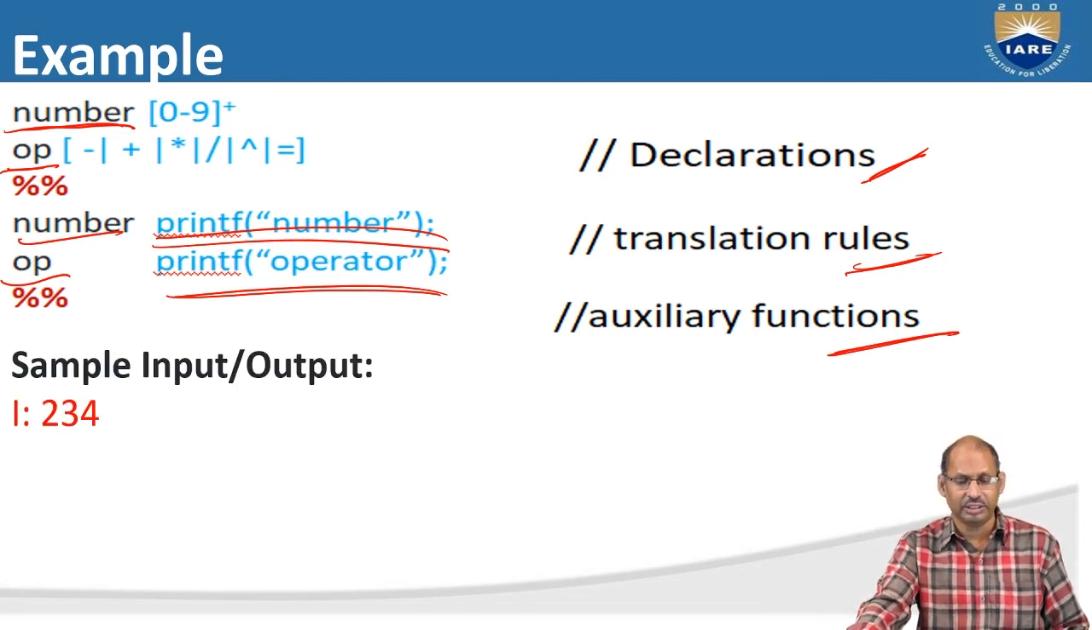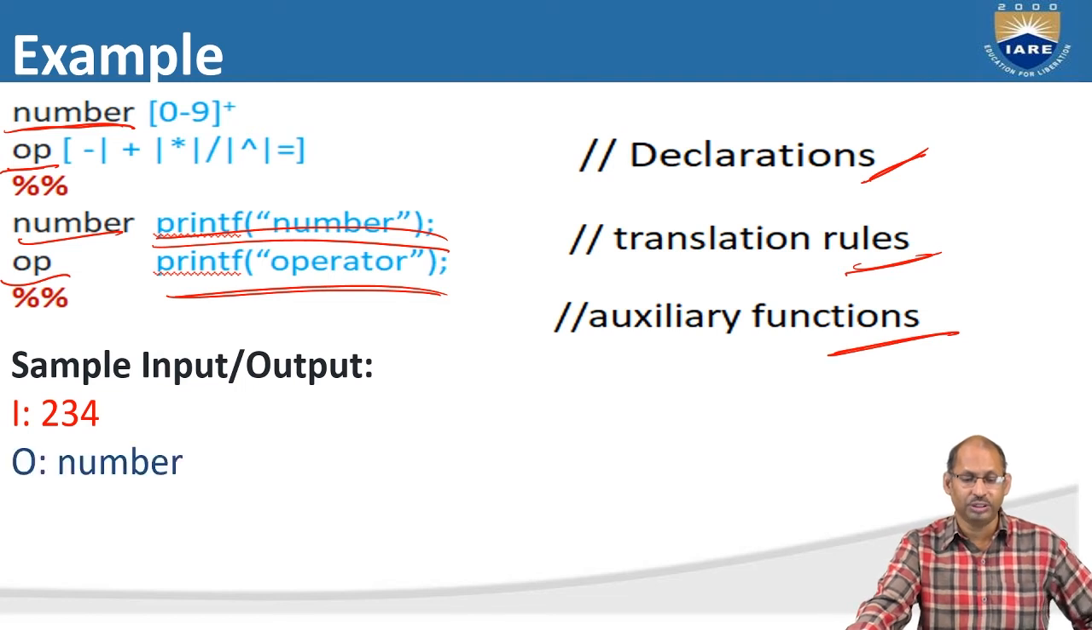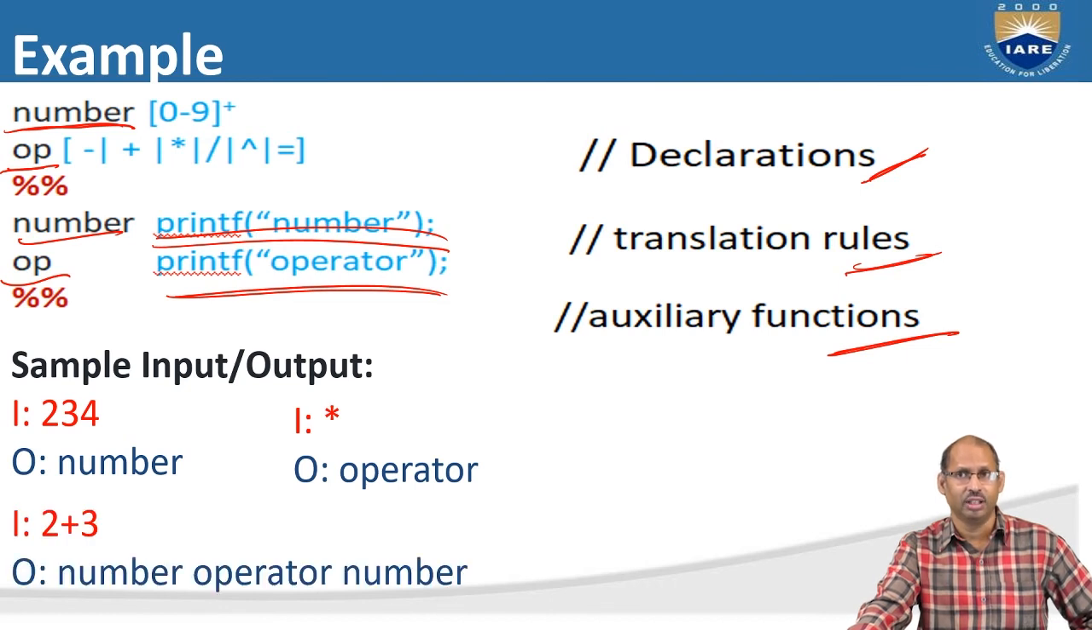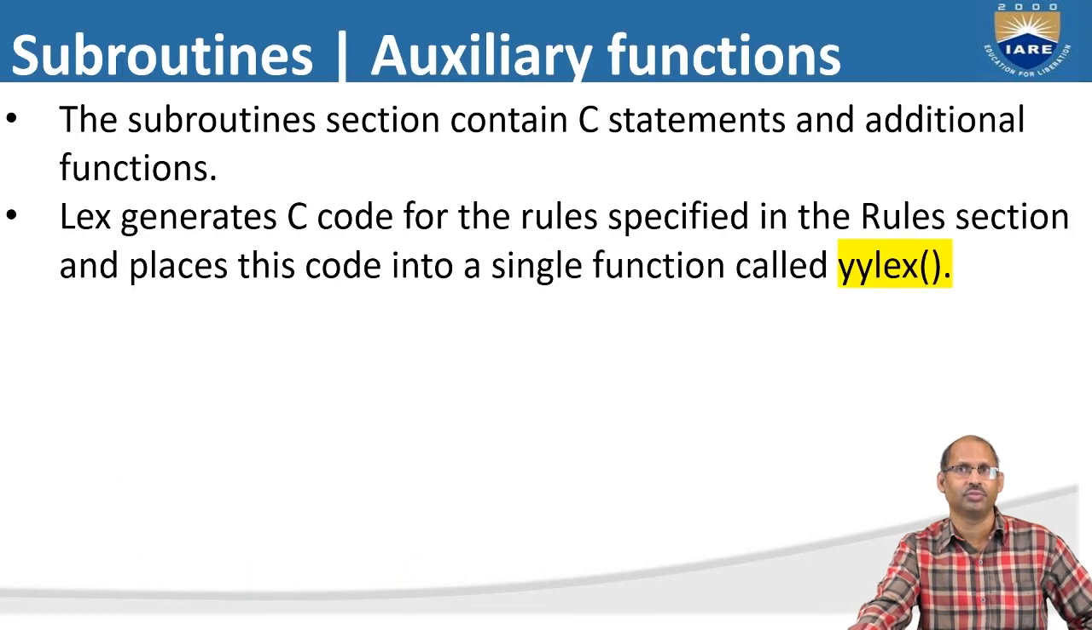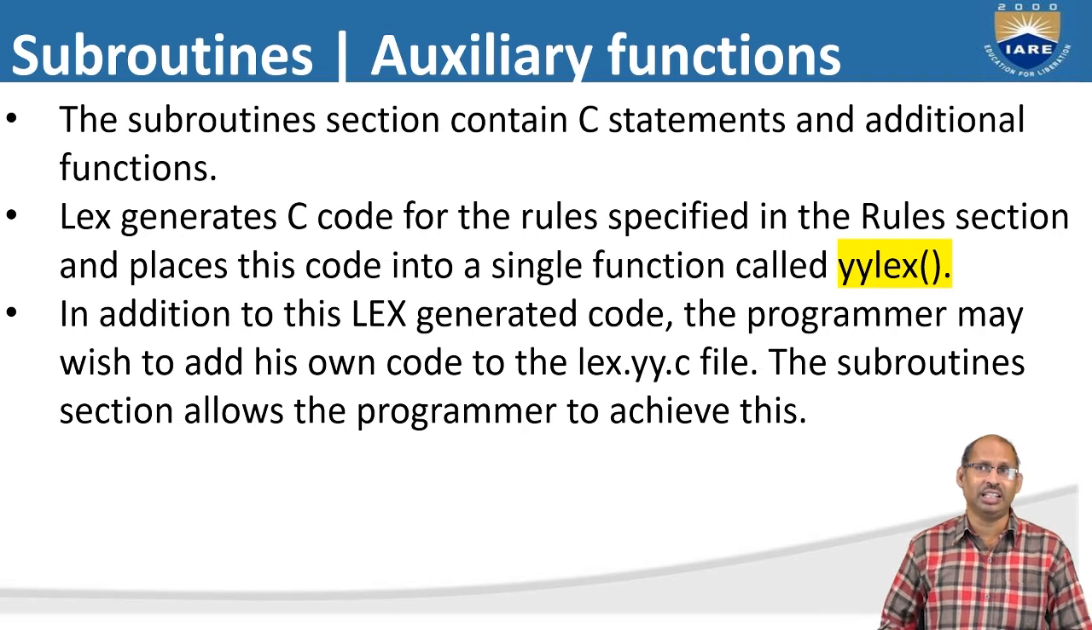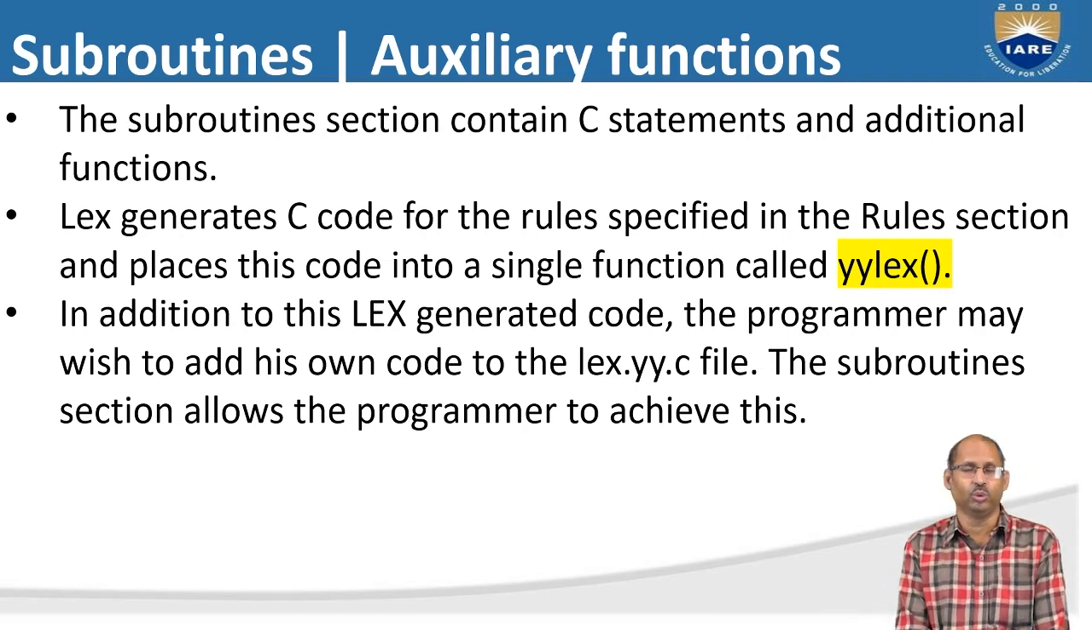Or you can say, for example, input is 234, it's a number. If it is a star, it's an operator. If it is 2 plus 3, then number operator number. So for every input we are getting output. In the rules section, if any pattern is matched, it may be required to